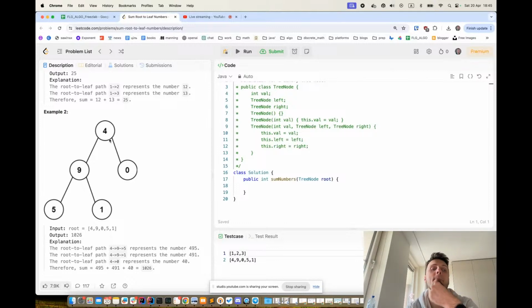So actually what we can do, for example, is generate some strings, then just parse them and concatenate. Another option: when we are on the leaf, we can return, for example, 5, and